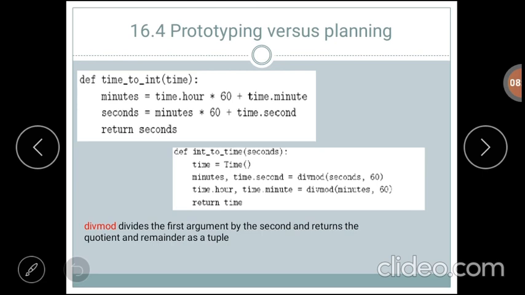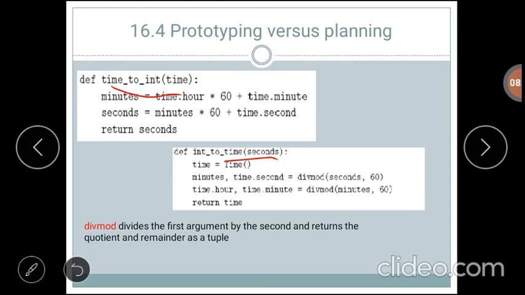Under that, one technique: here we are reading the time, hour and minutes from the user. After that, just convert that time to an integer. Here we are assuming that the computer knows how to do integer arithmetic. Perform those operations. Then we have another function, int to time, that converts that integer to time.